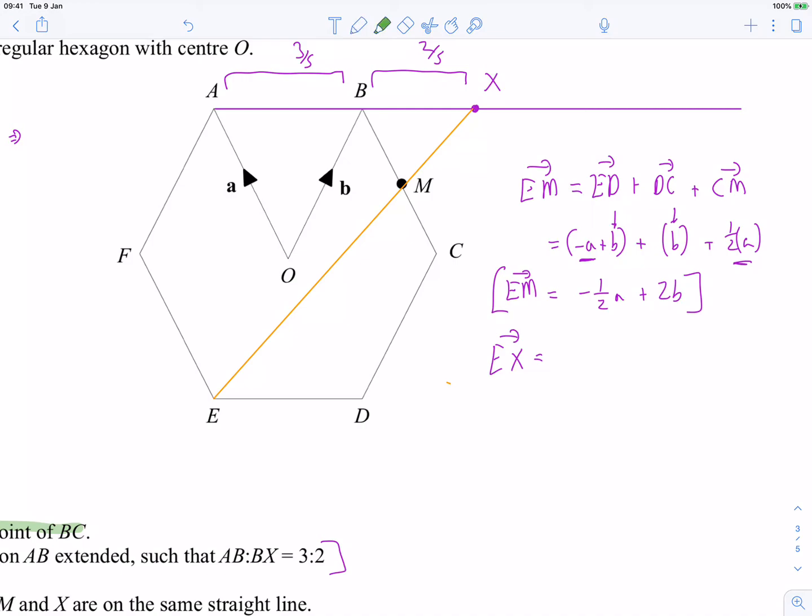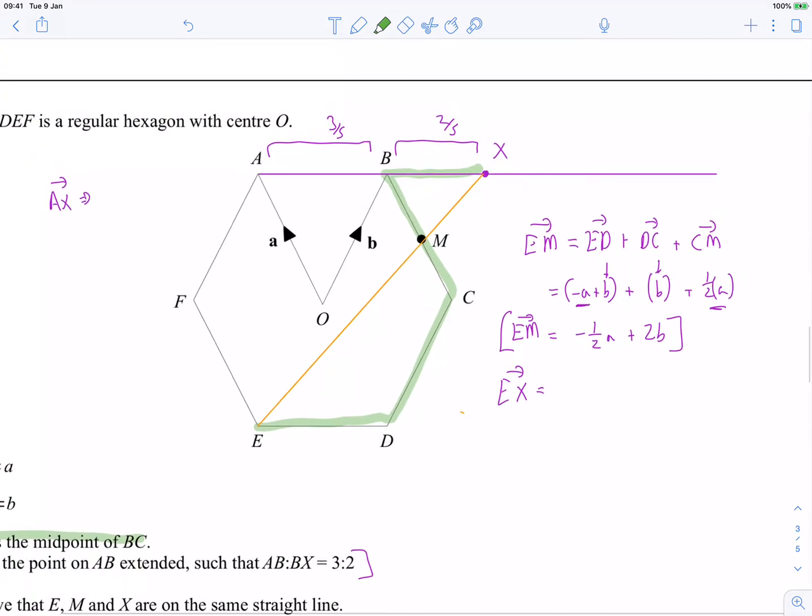Well, I'm going to do a similar approach. I'm going to go e to d, d to c, c to b this time, and now b to x like that. That's perfectly valid. The start and finish points are both e and x. That's totally fine. So notice that it's just e to m, which we know already, plus m to b, plus